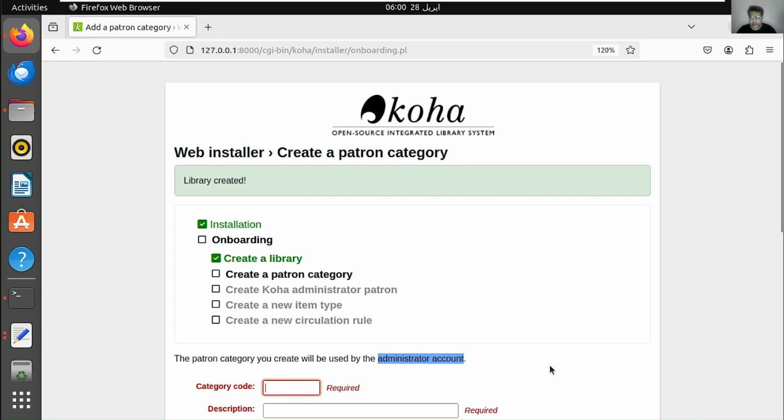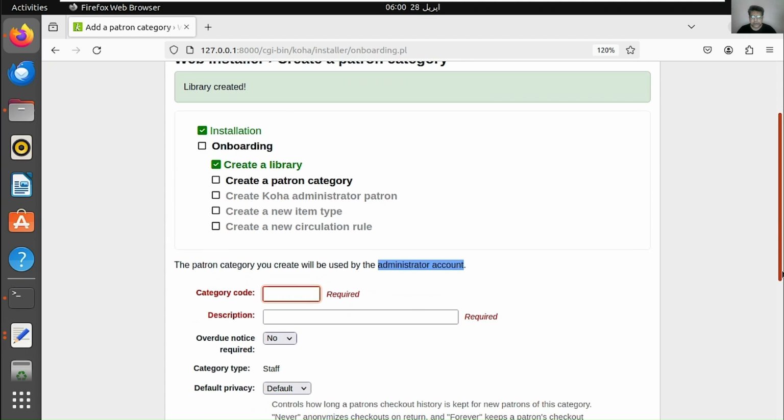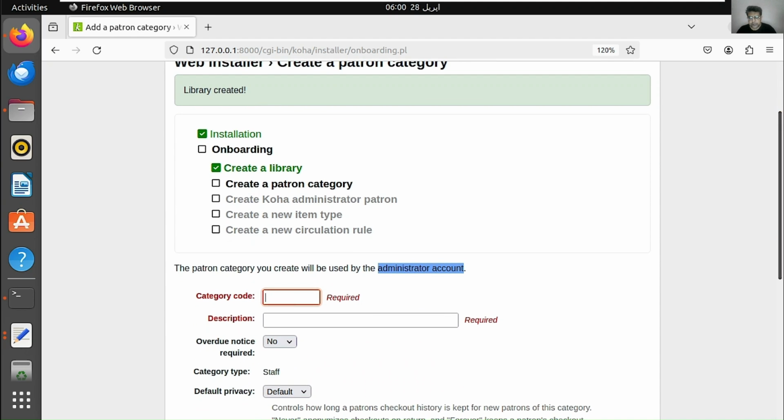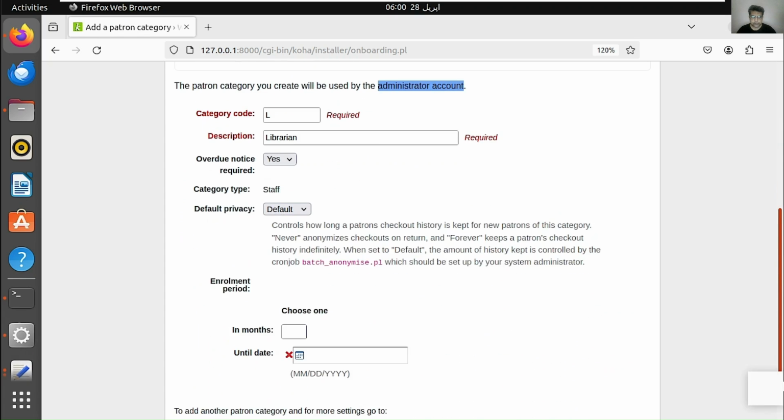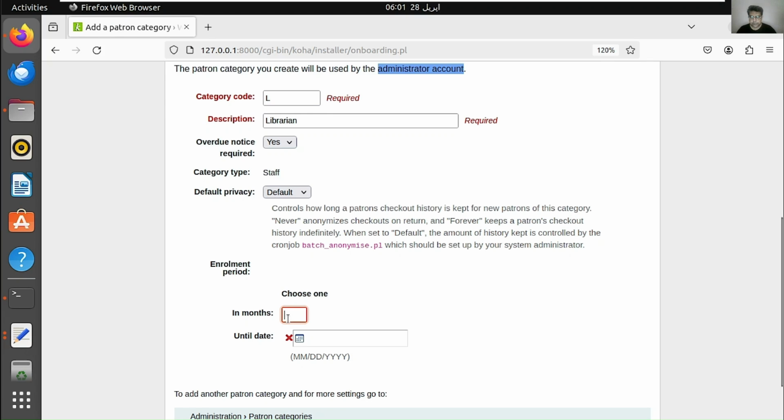Now the category code for the administrator, I would say L for librarian. And yes, overdue notice is required. Default privacy. $60 a month.